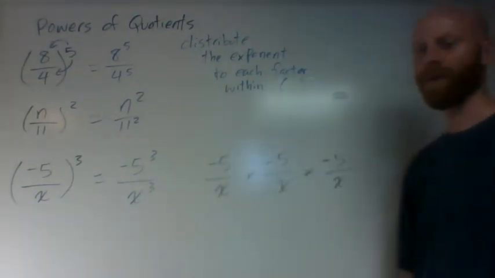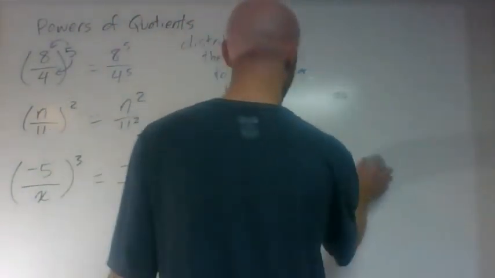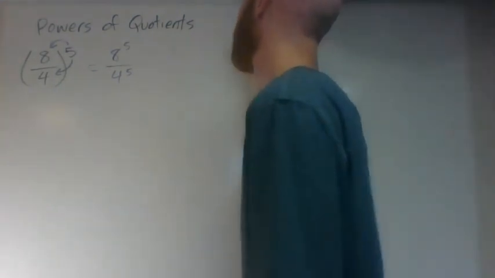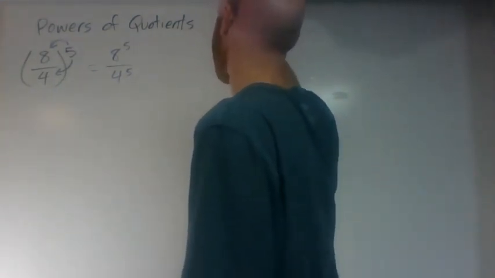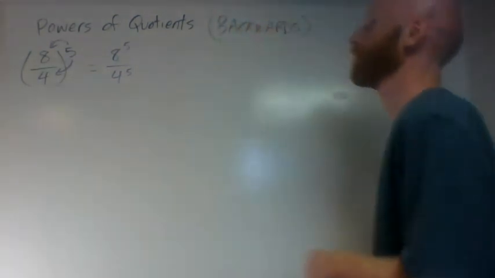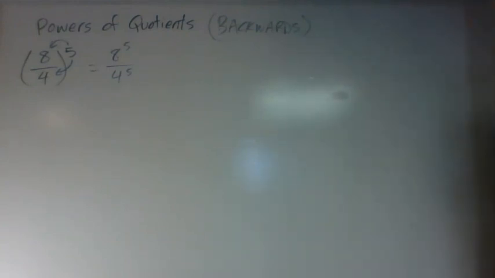Before I move to a different rule, let's look at what happened right here, because this actually can be simplified farther using powers of quotients backwards. Okay, backwards version of powers of quotients. If you remember, there was a backwards version of powers of products. This is the situation. If we have